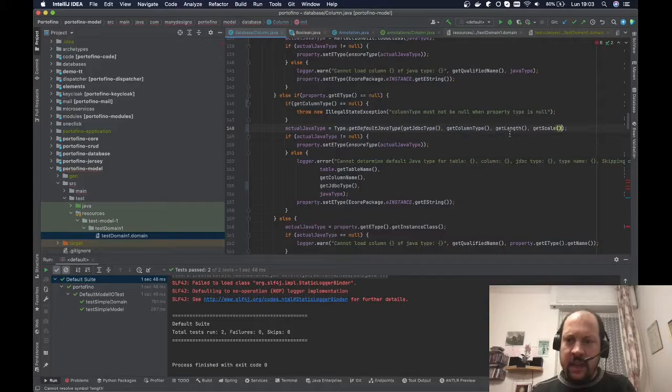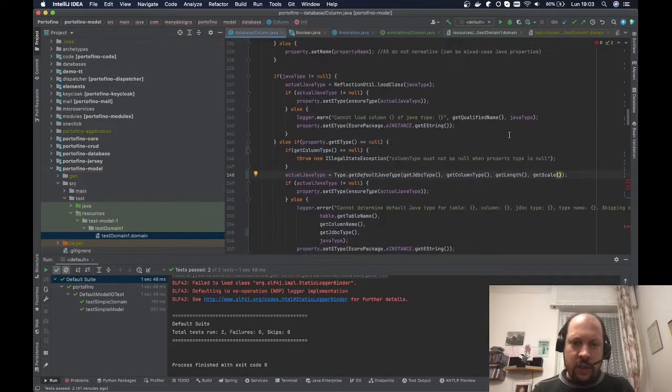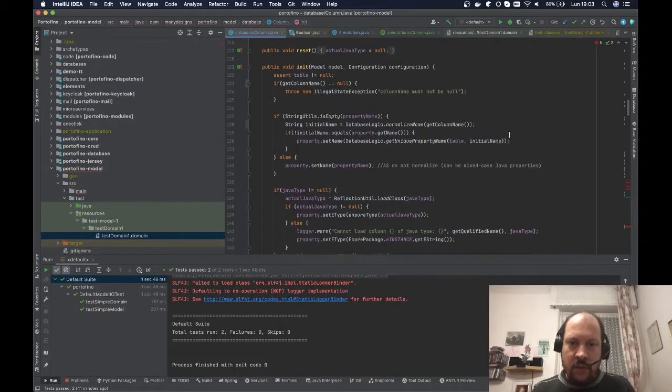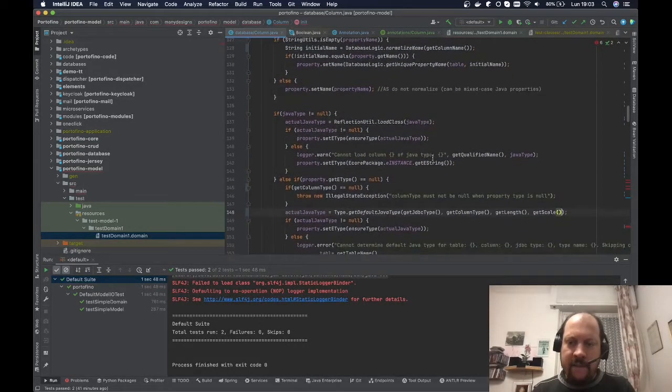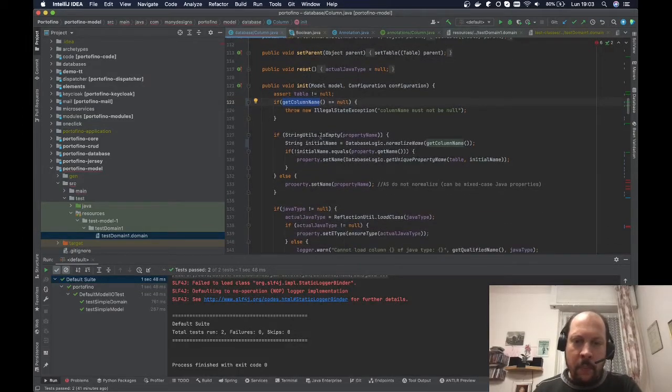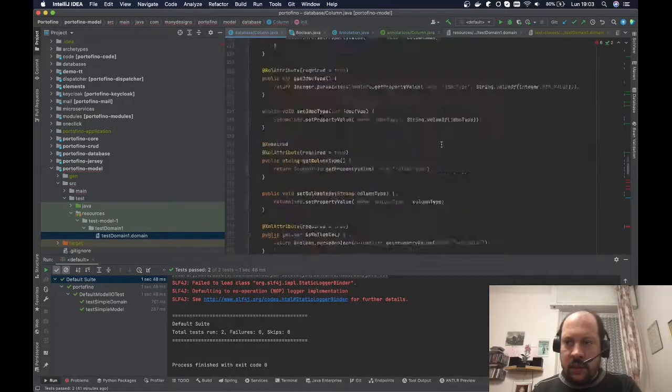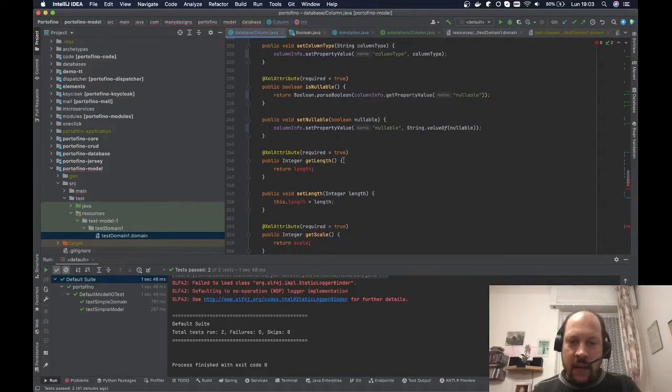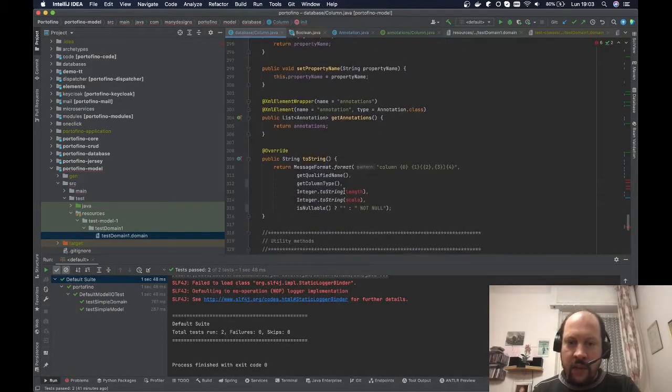I hesitated here because I was not sure that the annotation is already set up at this point, but I see here there is already a get column name, so I already tested this. I'm working on this in my spare time, so I don't always remember what I did the time before, because maybe it was a few weeks before,